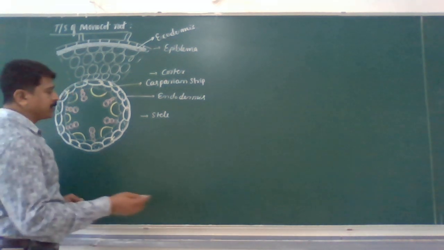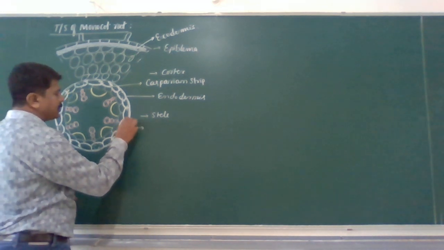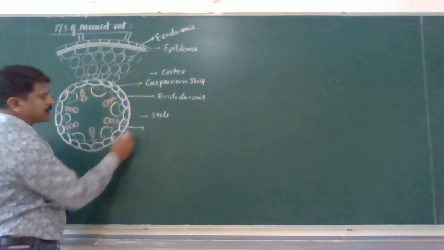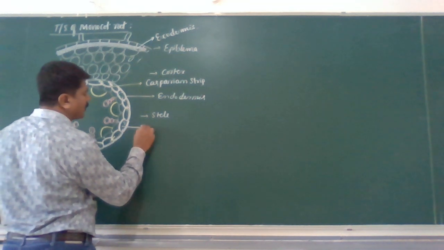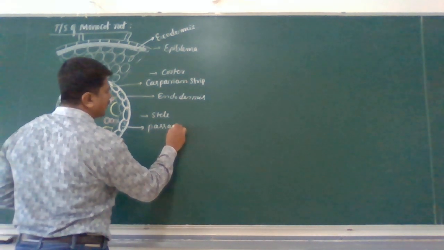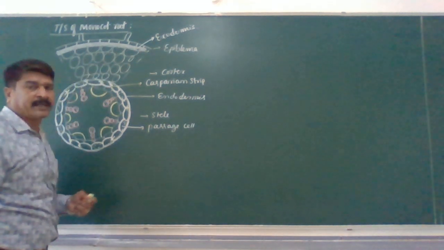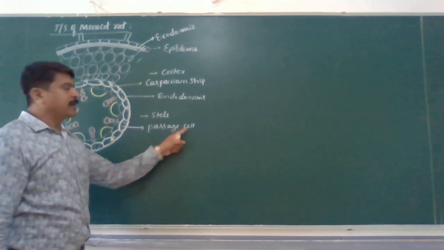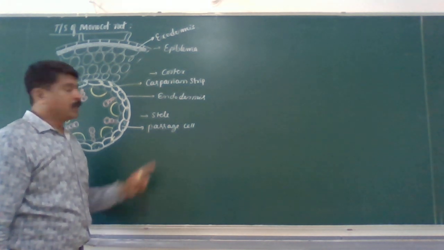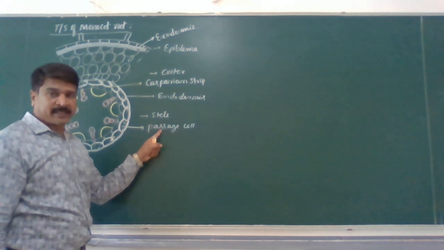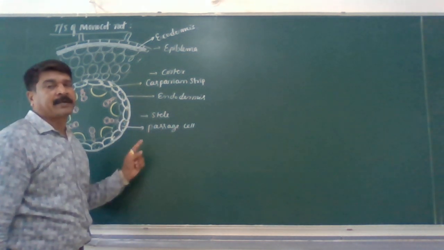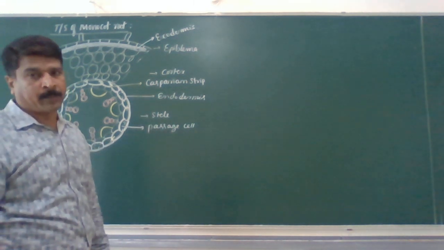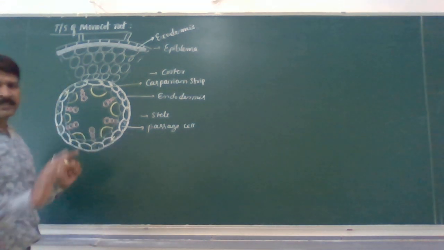But as we discussed in the dicot root, a few endodermal cells which lie opposite to the protoxylem do not contain Casparian strips or Casparian thickenings. Such thin-walled endodermal cells are called passage cells, also called transfusion cells. As I said in the dicot root, through the passage cells only, water from the cortical cells enters into the xylem. Later, that xylem conducts water to the aerial parts of the plant body. Clear? So same, exactly similar to the dicot root.